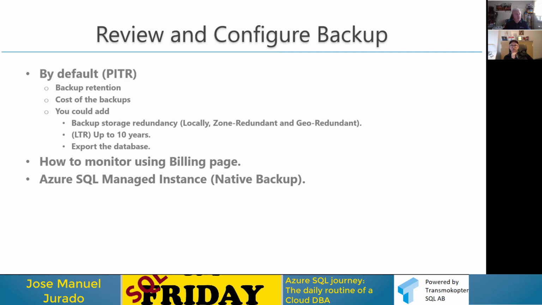I know that our product team is working on it. I don't know when we are going to have this opportunity to restore the backup directly from managed instance to on-premises. Right now our colleagues from managed instance, the product team, are working on multiple things to try to integrate this hybrid environment. For example, one thing that is called Link MI: you have your own premises, and you link another replica in managed instance. It's really amazing.